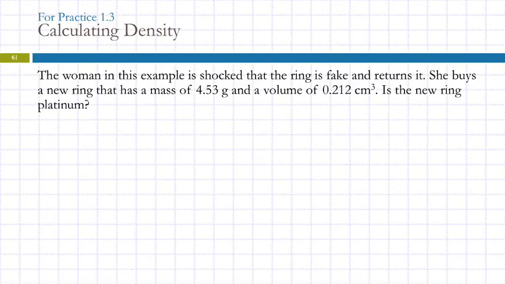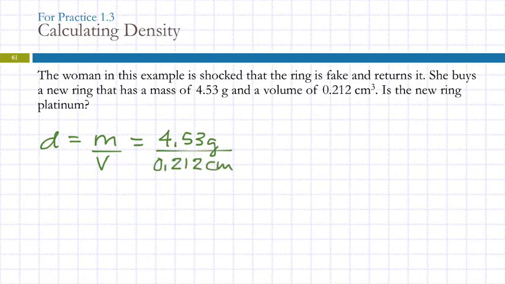Well, since we just did a problem like this, we should be able to do this one a little easier. Oh, well, we need the density. Density is mass over volume. I want you to practice showing your work. I know that some problems like this you could just do on your calculator and write the answer down. Practice showing your work on simple problems. So you write the equation. You put the values into the equation. 4.53 grams. You always write the unit. So there I have my equation with the numbers in it. I do the math. And I write down the answer,